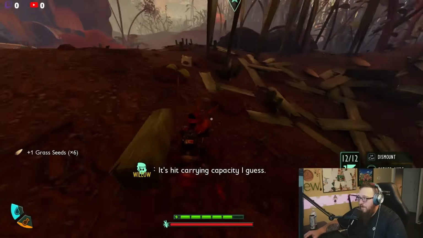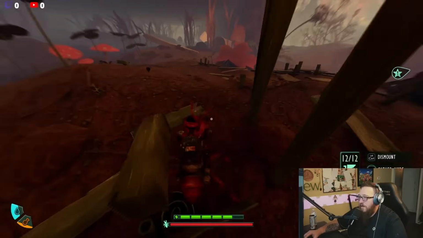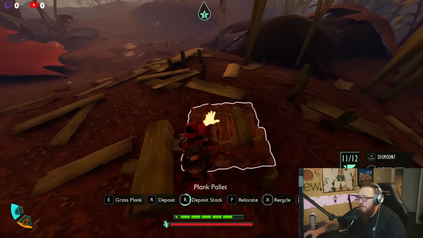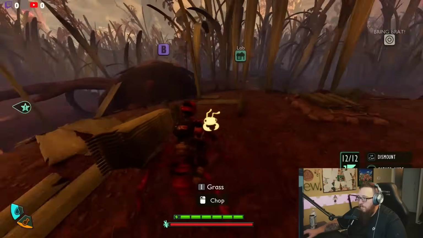It's definitely not common. Wait, what did I do with my pallet? This is an issue I have quite frequently. Actually, I misplaced my pallet. Okay, there we go. All right, so we turn on gather mode, and we wiggle, pick it all up, dump